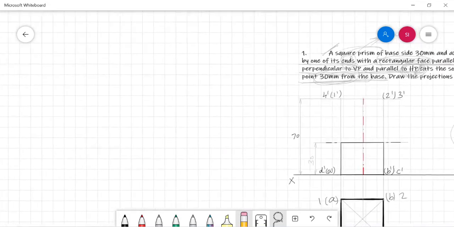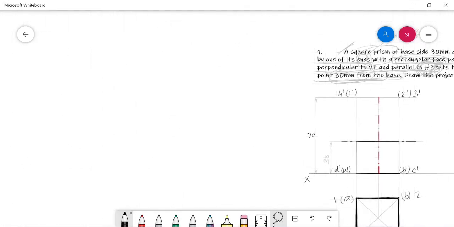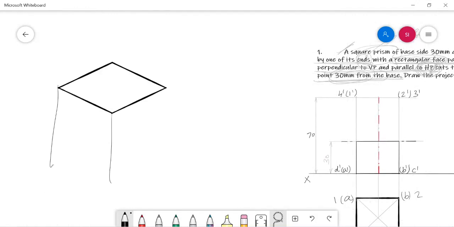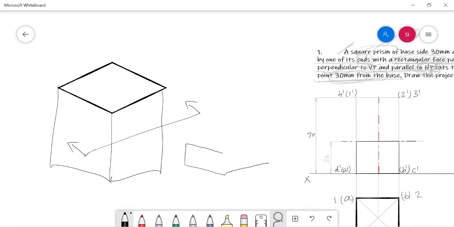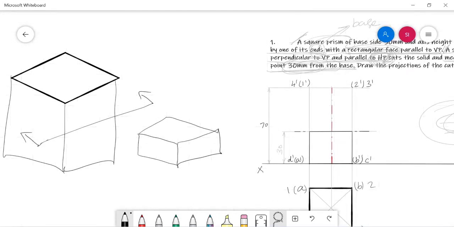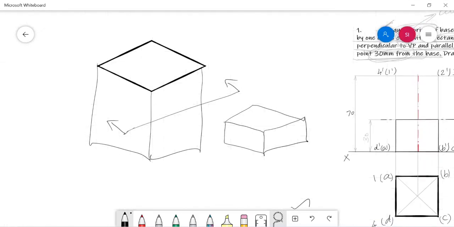Now here you can see one thing. Whenever a solid is cut by a cutting plane, the solid will become shorter. For example, if you cut this solid in this way, definitely the height of the solid gets reduced. The retained solid has a very minimum height only, and all longer edges are getting affected. Whenever a solid is cut by a section plane, a number of edges will be affected. Maybe it's based upon the nature of the cutting plane.